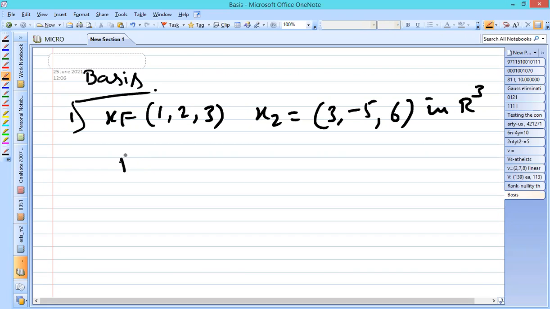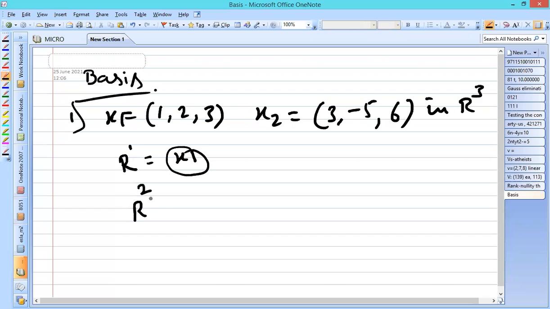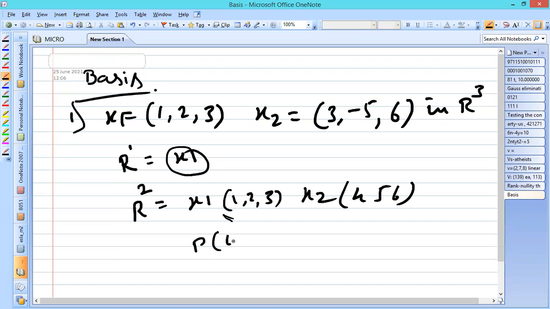I'll just go with the definition of the space. If you have R1, it means that you will be having only one vector. So here this x1 forms a basis in R1. Suppose you are given R2 and you have the two vectors x1 and x2. Here x1 may have elements like 1, 2, 3 and x2 may have elements 4, 5, 6. Since two vectors are given, if x1 and x2 form a basis in R2, fine. But suppose you are given only P, with 4, 5, 6, and you ask whether it forms a basis in R2, then directly you can mention that